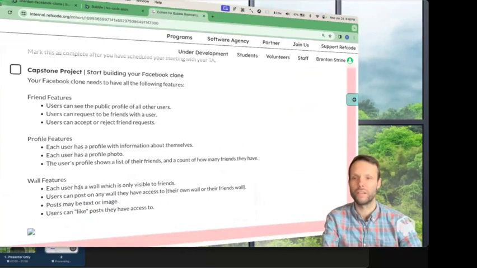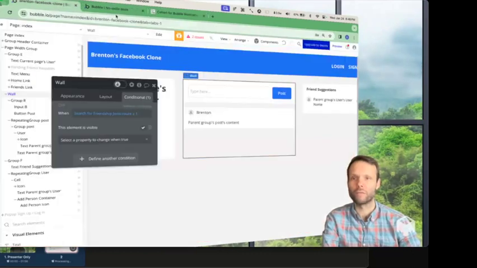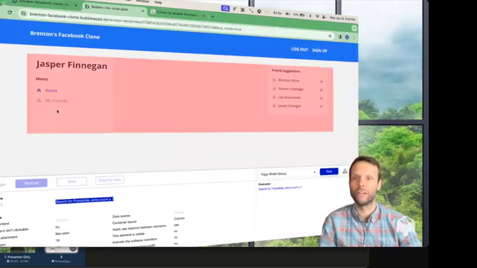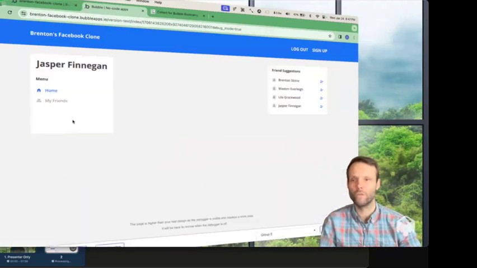So what we just did here is we did this, users can see public profile, and we did some of this. Each user has a wall which is visible only to friends. Users can post on any wall they have access to. So we just satisfied these 3 bullet points here. I think we've already done this. We don't have the profile photo yet, and we don't have the list of friends. And also, I think it would be very useful to have links to all of your friends here,